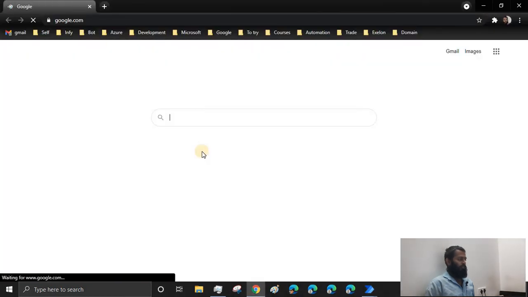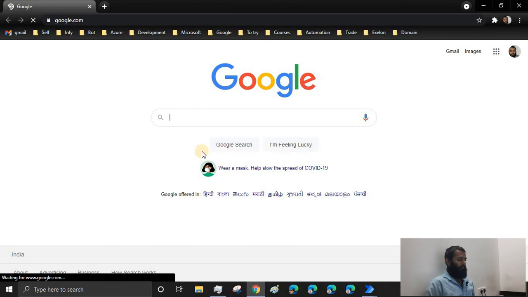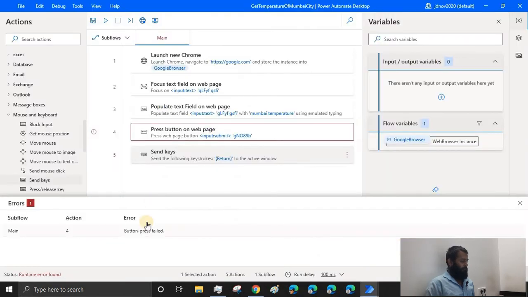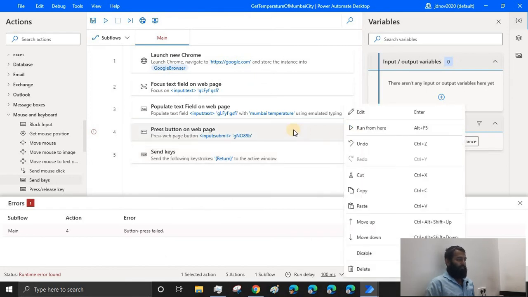Now it has made the window maximized. Make sure you don't interact with your keyboard and mouse while the automation is performing. Okay, we have an issue. We need to delete this action because it is throwing an error and we need to move to the next action.